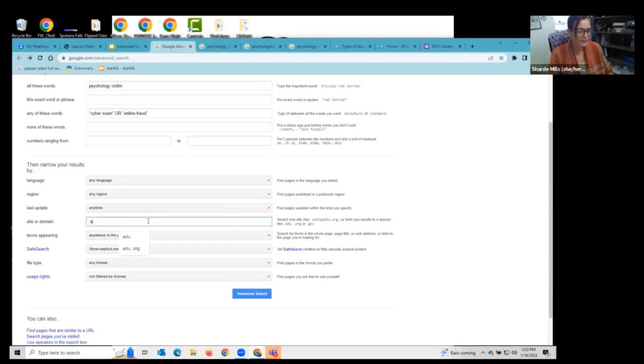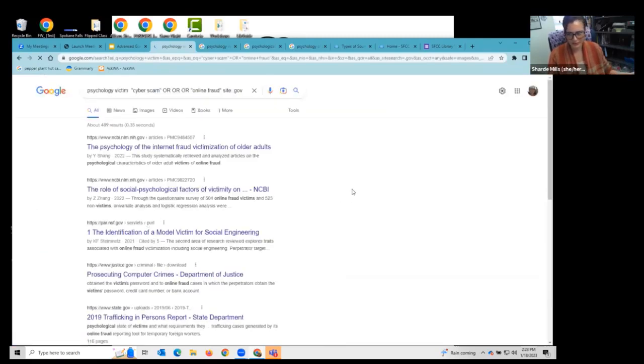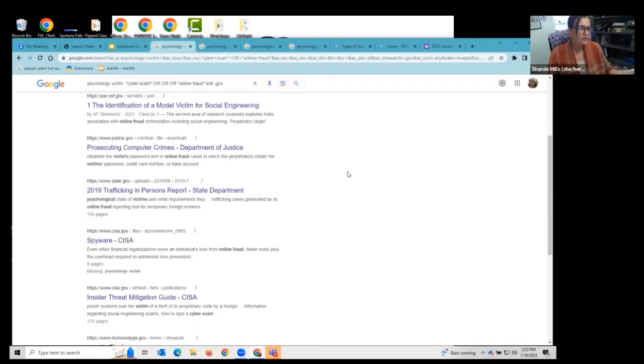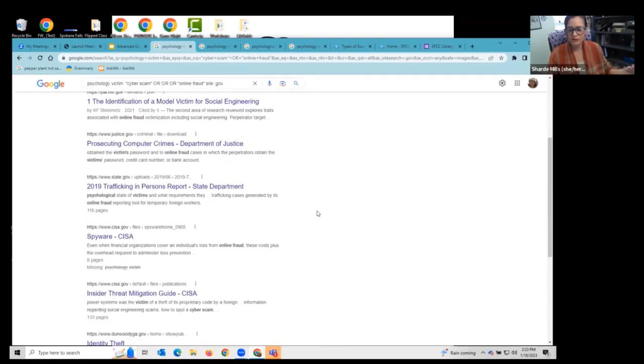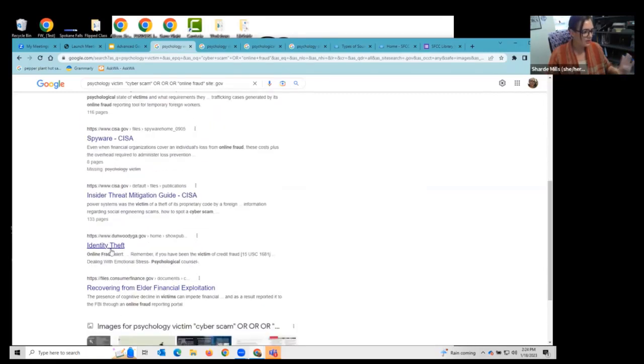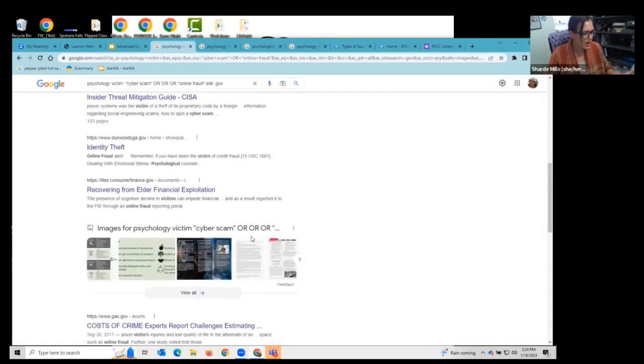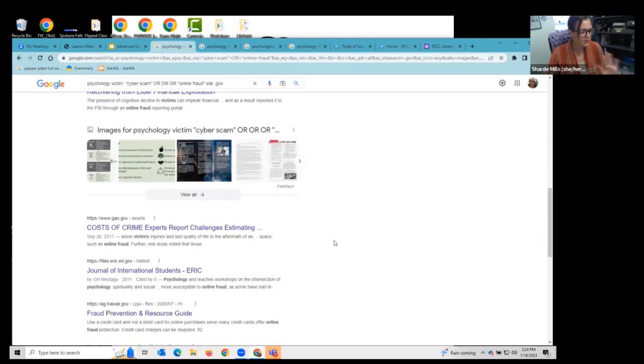For this particular example we're using, earlier when I was searching, I realized that there's a lot of government websites about this information. So I might narrow in on government websites. And this is where we get into the nuance of different source types. For the topic I'm looking for today, it looks like there's a lot on how not to fall for crime or cybercrime. I'm curious what reports different government entities have put out there.